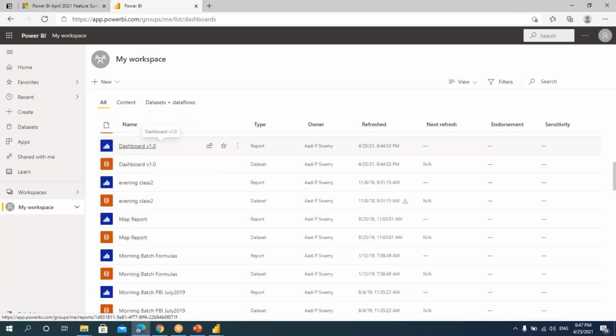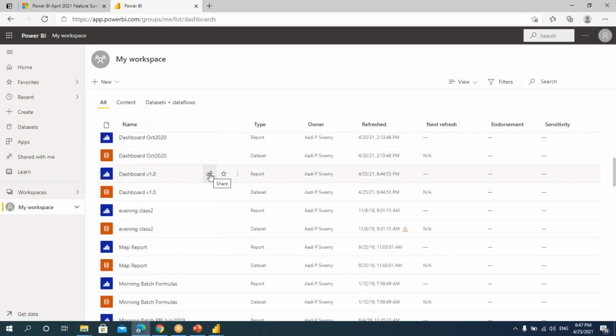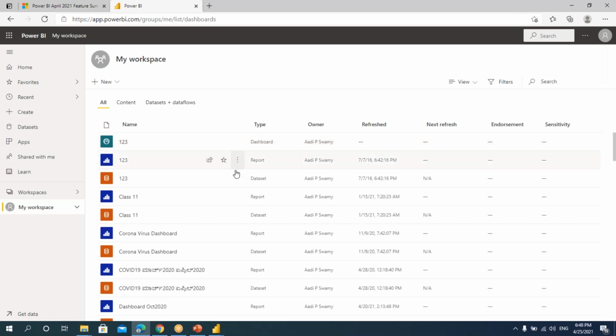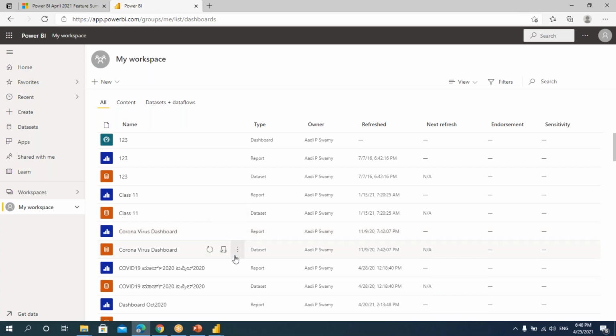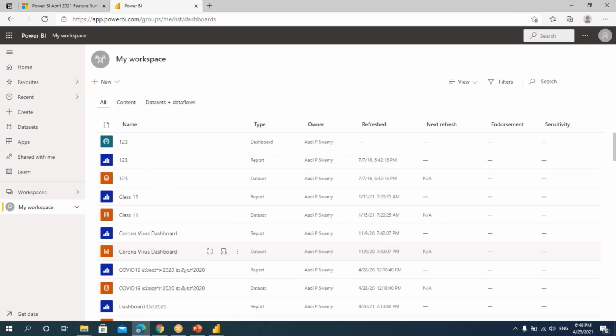Now this is the dashboard what we have. Suppose if you think that I want to share, I can go and share this. If I say share, so what it will do is it will ask for the professional version. So if you have that version, then you can share this. I just try to share this. So what will happen is it will ask for the details about whom we have to send. We have to give the email IDs. We have to give the permissions for that, and then the file will get shared. So here I don't have that permission because this is the open source what I have. If you have this professional version, you can do that as well.